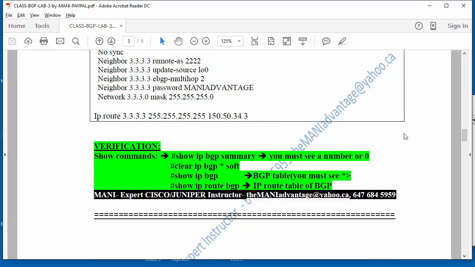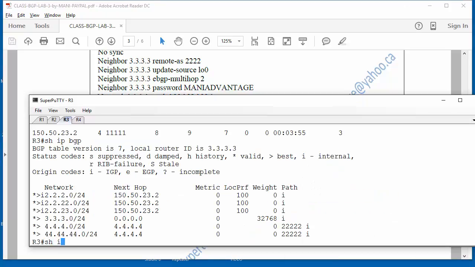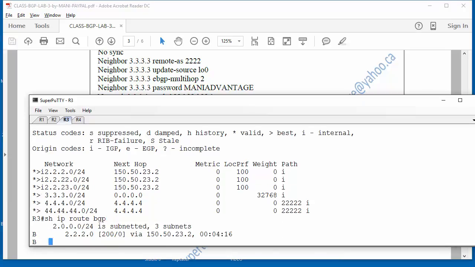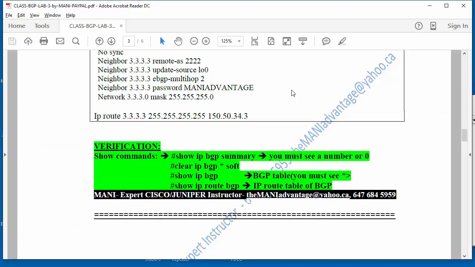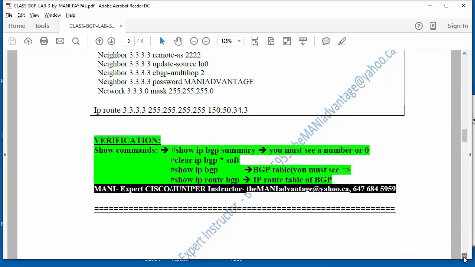Yeah, you can type show IP BGP, show IP route BGP. So let's type show IP route BGP also. You will see the same routes with an administrative distance, sometimes 200 and sometimes 20. 20 stands for EBGP, and 200 stands for IBGP. So if you go further down,